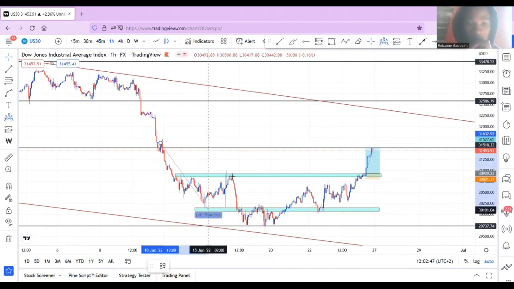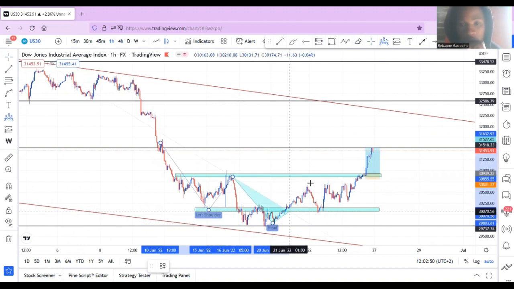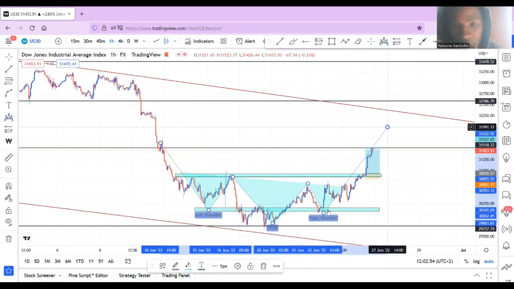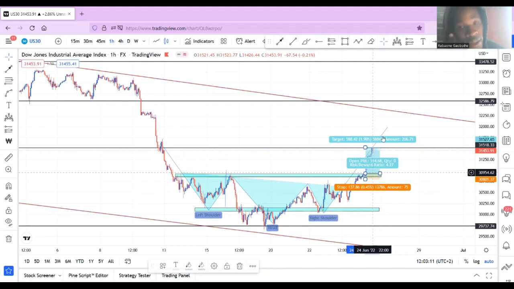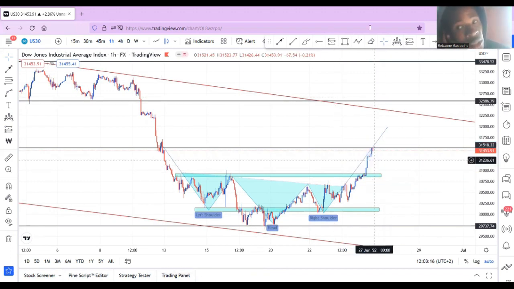You see, we have something like a head and shoulders there. The market broke, so now we are looking for a retest. We hit TP actually, so we are waiting for a retest there before going forward, before going for buying opportunities. Retest where? At our, I'm sorry, let me delete this. Retest at our neckline, right? At our neckline